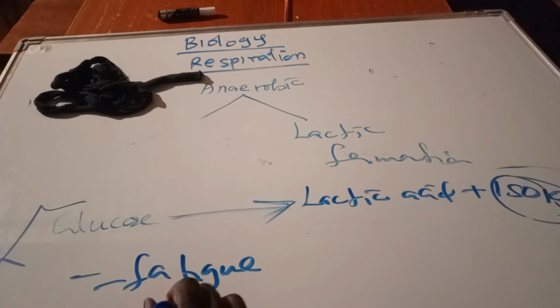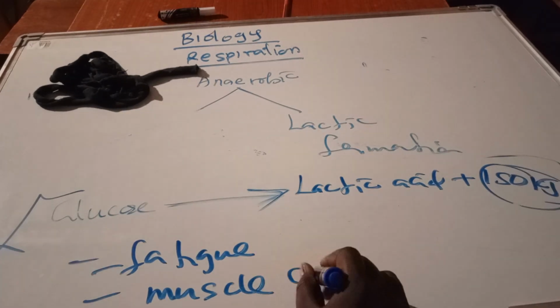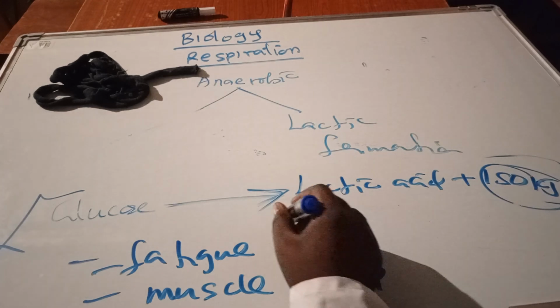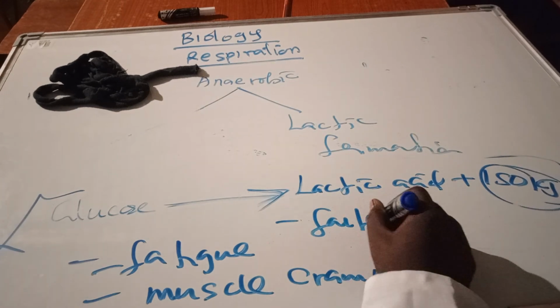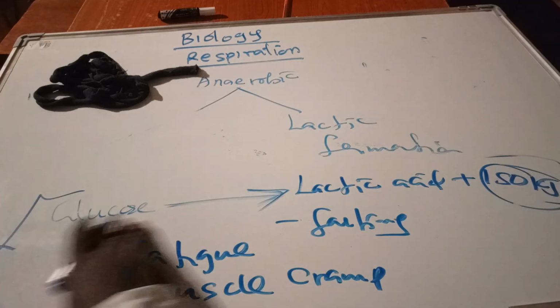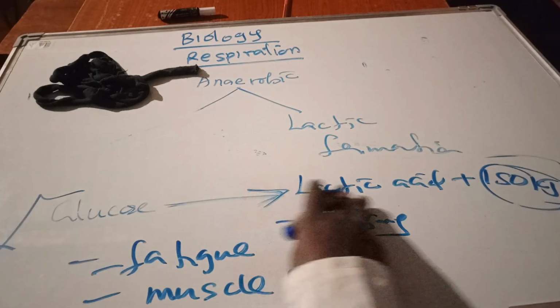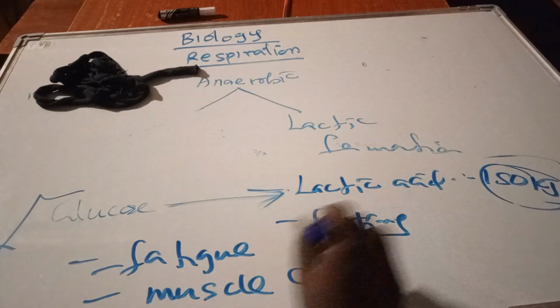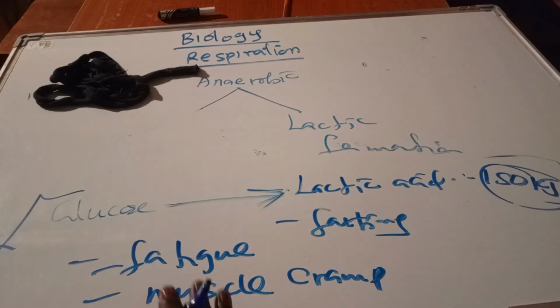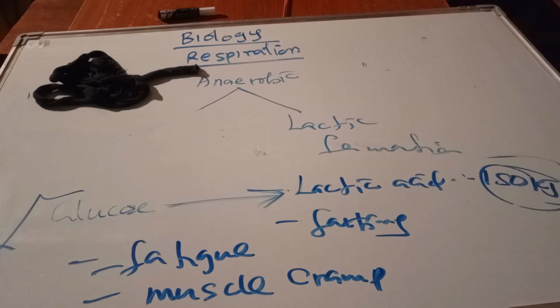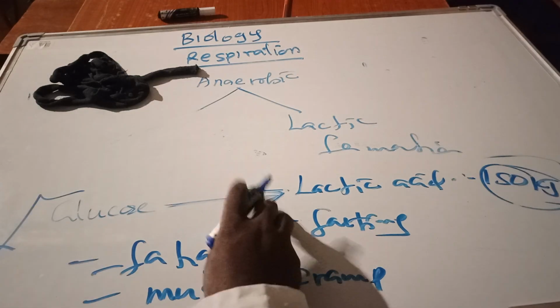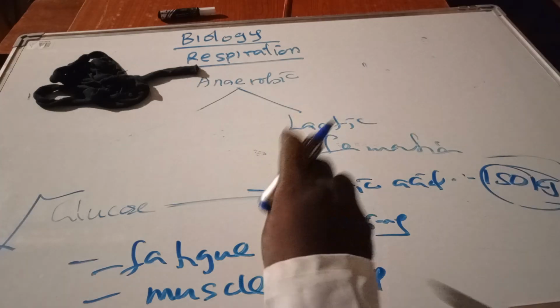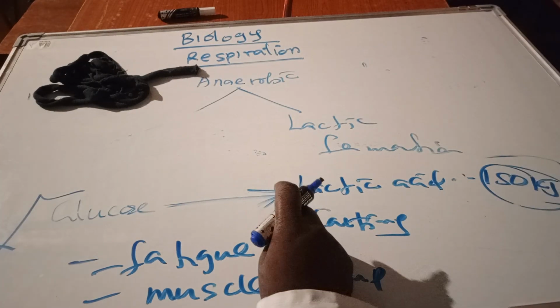Apart from that, muscle cramp. Apart from that, it also causes fainting. So I'm saying that the energy which is being produced here, with lactic acid, is very dangerous. It can cause fainting, fatigue, muscle cramp. So these are the effects of this type of respiration because it takes place in the body of an organism